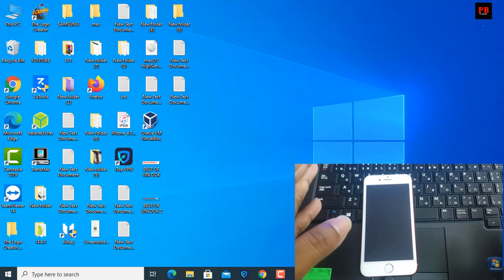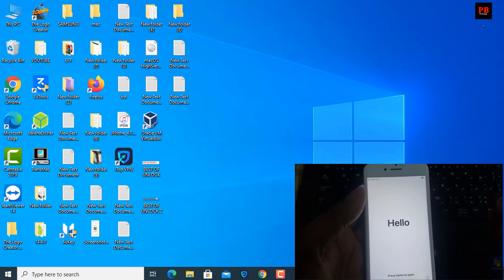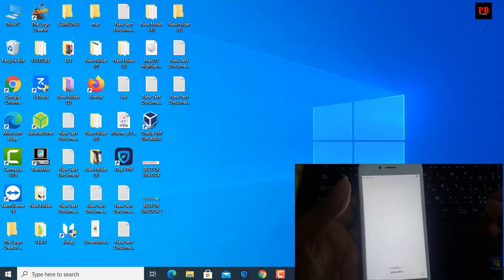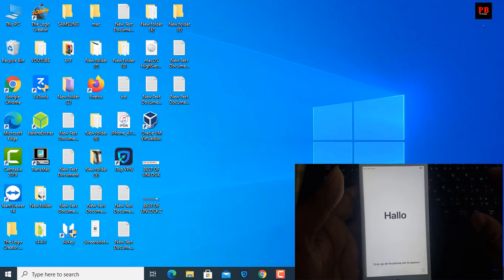Must be need MacBook. If you don't have a MacBook, no problem. Also hacking touch working. So today I'm going to show you how to bypass iCloud ID. If you have a Windows operating system, how to bypass iCloud ID GSM device and MEID device untethered. If you have MacBook, you can call support more cost right now.